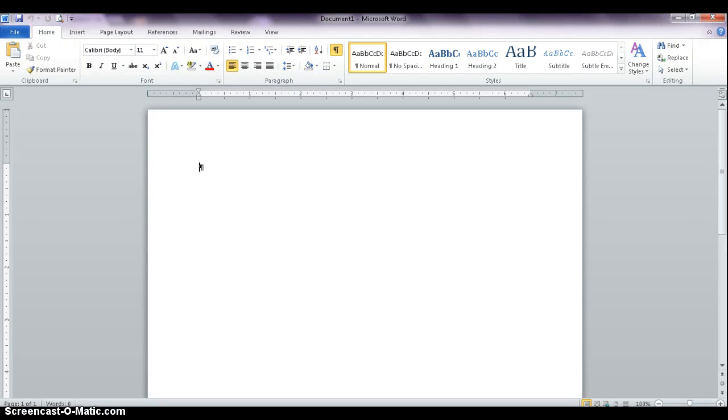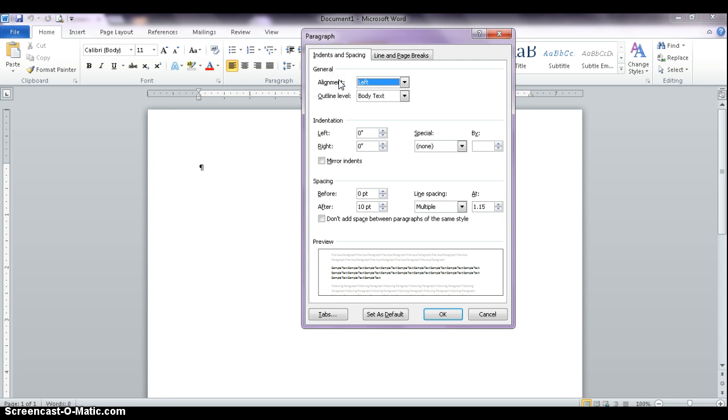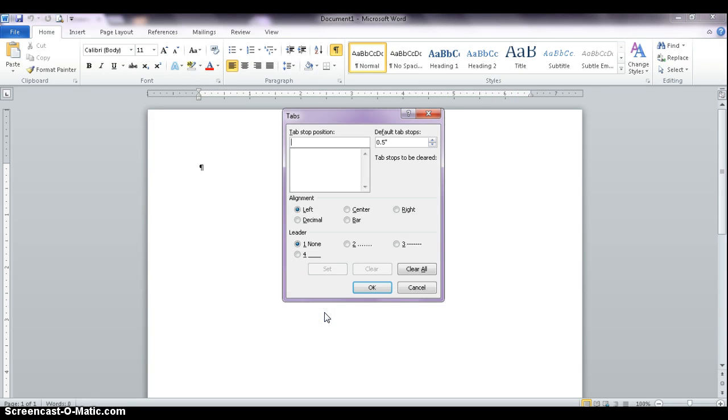Today we're going to look at how to create tabs in a Word document. I've showed you the paragraph dialog box in a previous video, Word video 3. Right now we're going to go back to the paragraph dialog box. Way down here on the bottom left-hand corner, we're just going to click the tab command, and that opens up